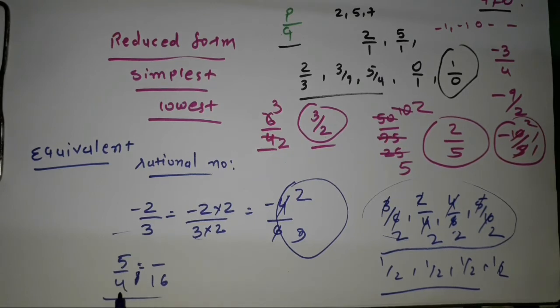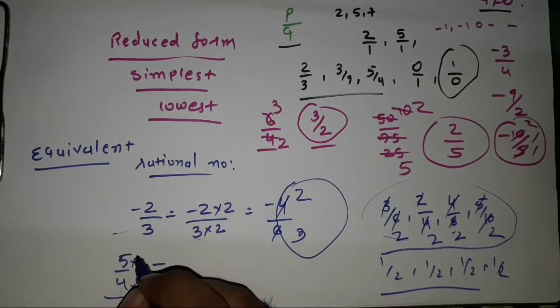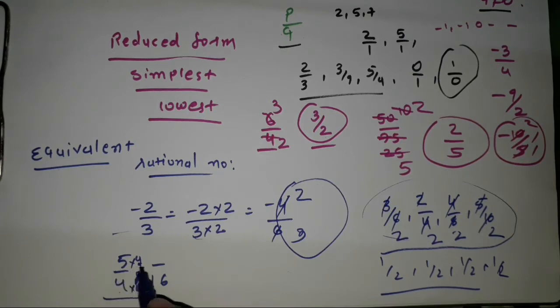So here 4 is there and here in the bracket 16 is given. So seeing this, we can clearly see that 16, how we will get 16 in the table of 4, 4 4s are 16. That means this 4 is multiplied by 4. So as I told you, if I am multiplying any number in the denominator, then I have to also multiply that number with the numerator. So here I will also multiply this 4 with 5. So 5 4s are 20. So here the answer will be 20 upon 16.